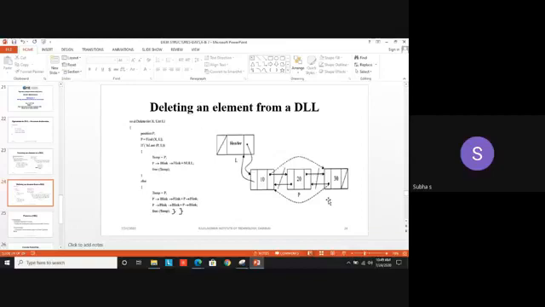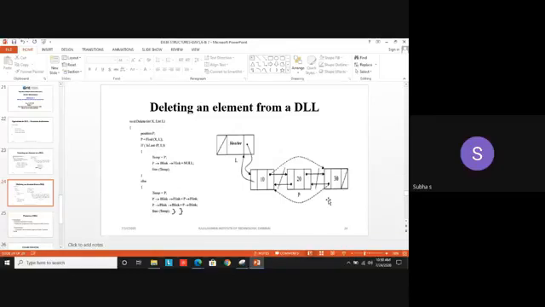Now P equal to find of x comma L. What is find of x comma L? I have to find where 20 is. In this simple example, I can find it easily because it's in the second position. Assume that you have some 50 or 100 elements or 70 elements. For that, you have to use the find function. We saw the find function in the initial class itself. Just apply that find function. I didn't mention it here.